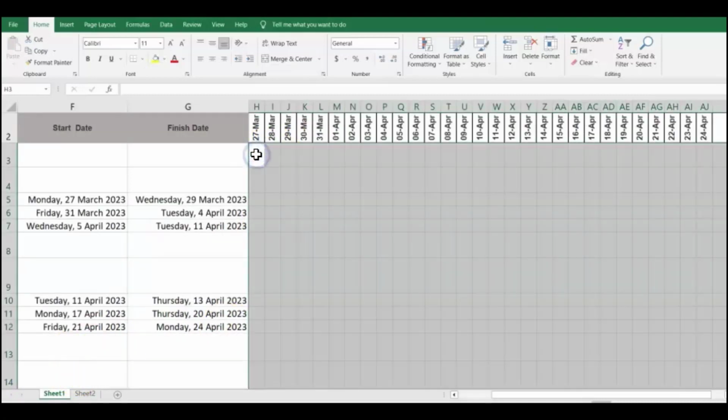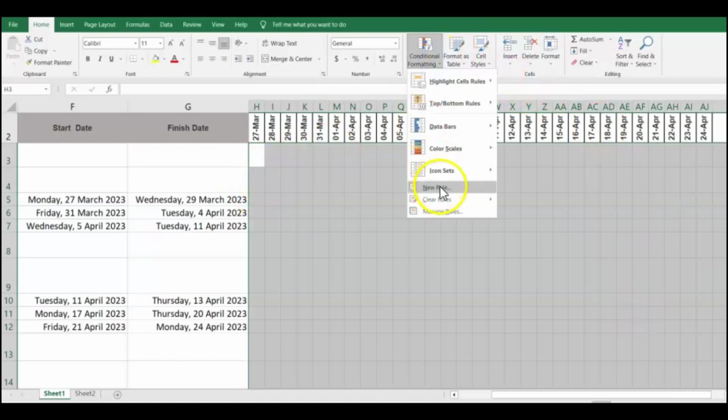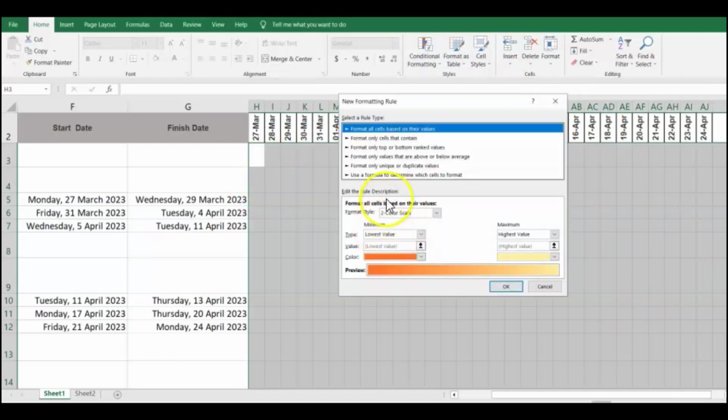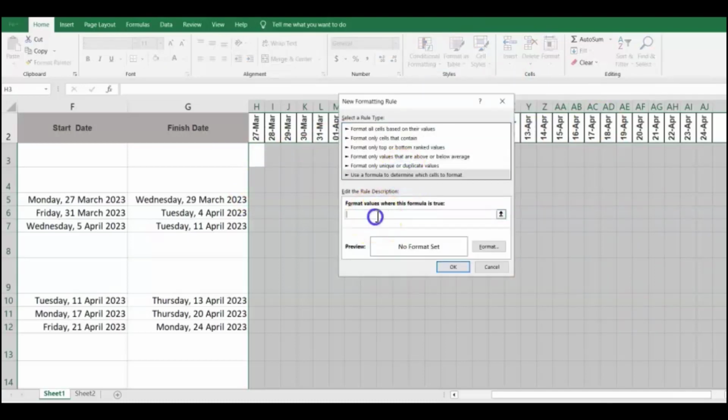Now we want to put in weekends and to exclude weekends. So we're going to do some conditional formatting. So we have blocked the whole area. We're going into conditional formatting. We're setting up a new rule, and we're going to use a formula, and the formula is going to be equal to weekday